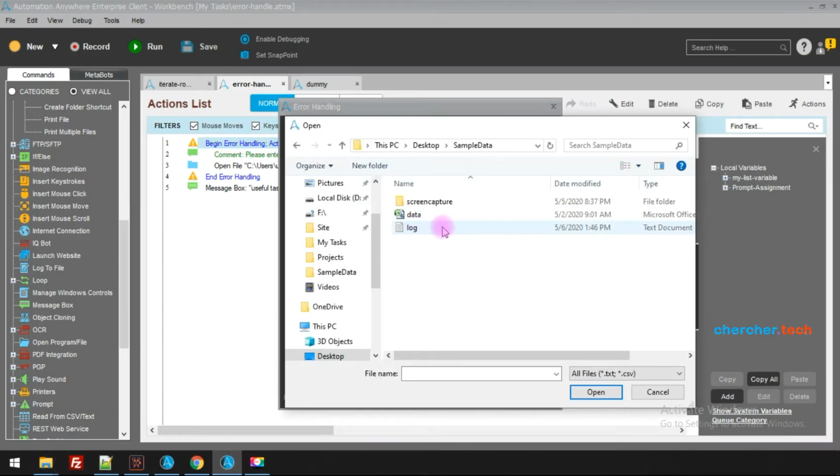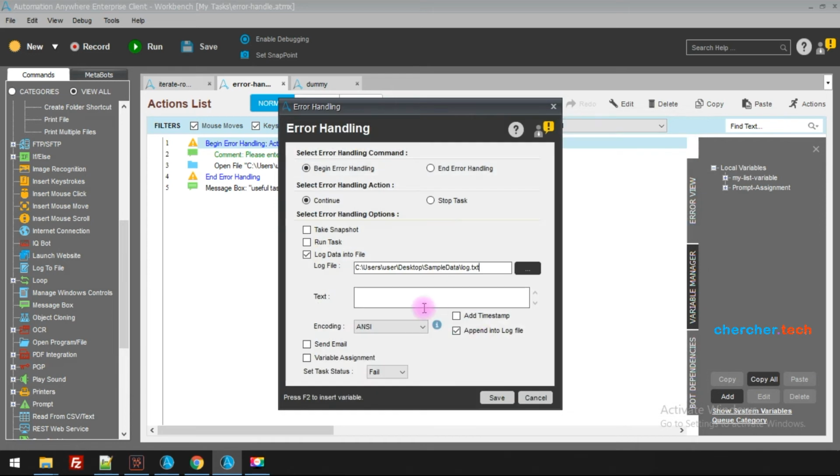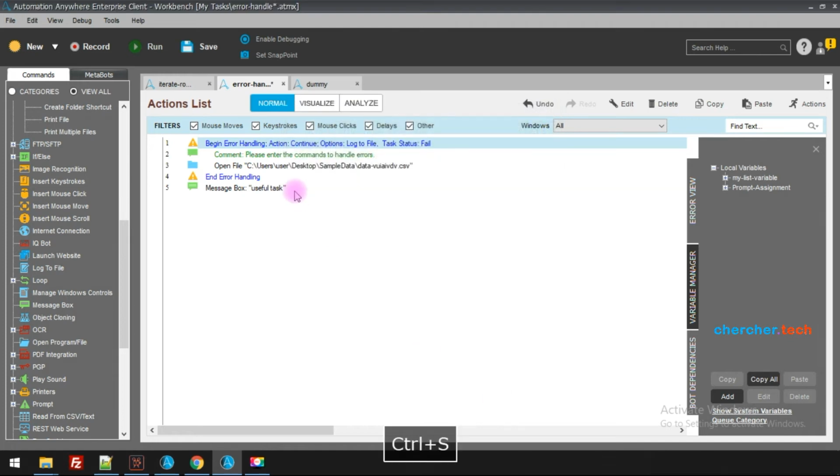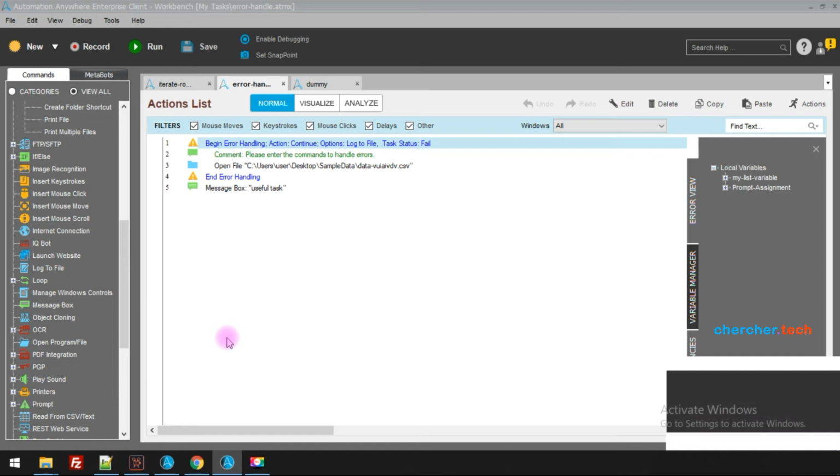Okay, so here you can see the log file that we have created, and what text you want to enter. First I want to enter the timestamp, and then I want to append to the log file. If the file already exists, I don't want to remove the content of the file, but just append to it. Okay, so here I'm going to say "got the error". Now I am saving it as "got the error". Now if I save and run the task, what happens is